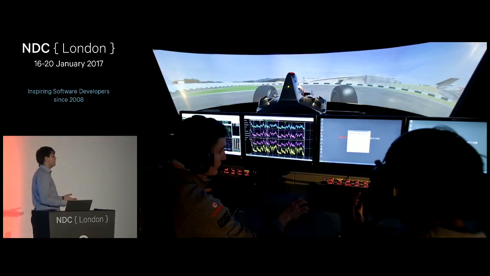So say the engineers come up with a new part, we've got new engine data from Honda, or there's a new aerodynamic component. They will build a computer model of that, which then gets loaded into the simulator, and our test drivers are able to take that out for a spin for a few laps and provide driver-in-the-loop feedback to the engineers as to whether that part makes an improvement in the areas that they think it will. And this is really important for us because it means that we vastly reduce our costs when producing new parts. So we can produce